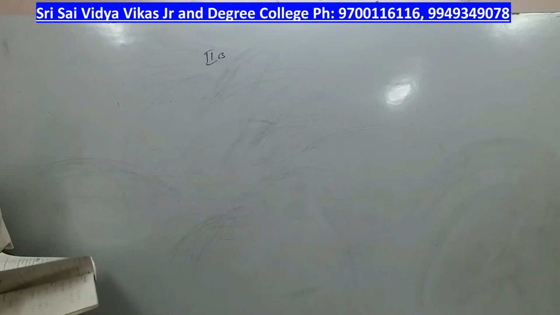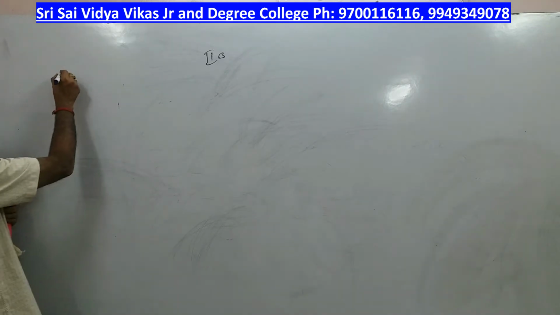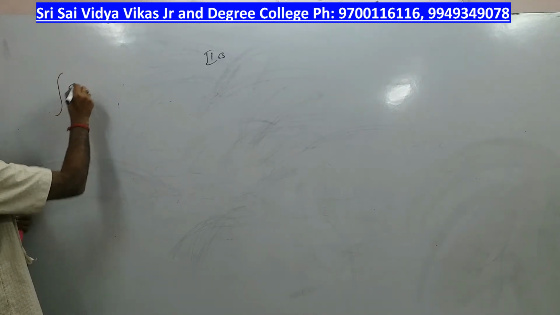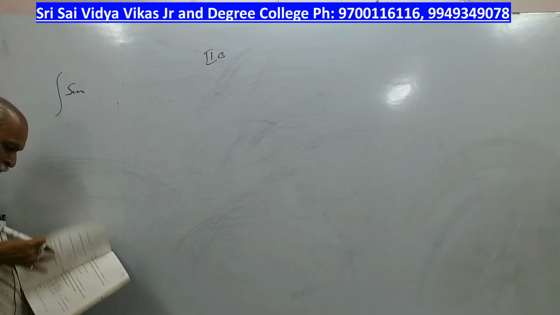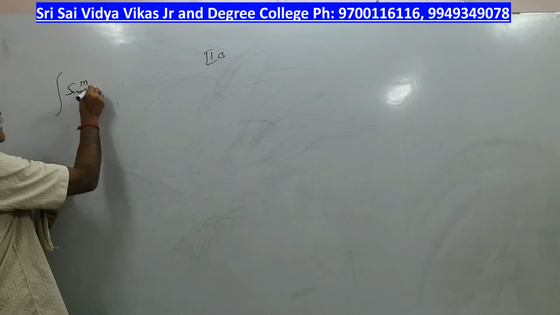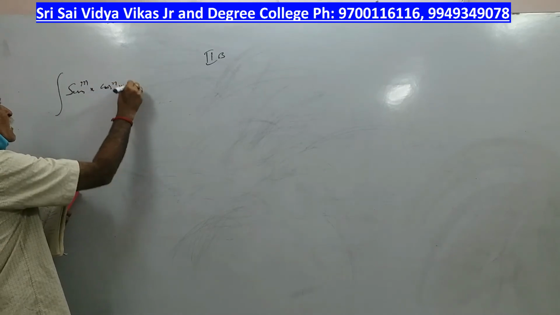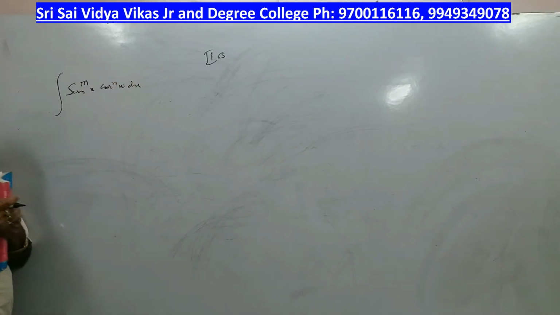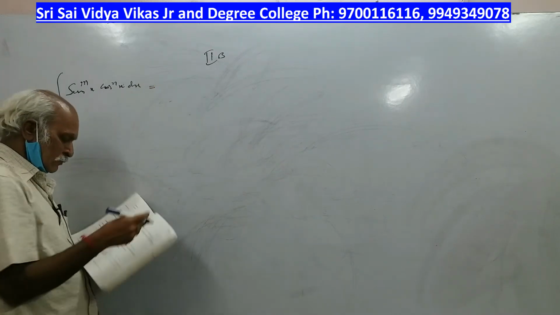When only sine is there or only cos is there, it is different. But when both of them are there, this is very, very important. Sine power m x, cos power n x dx. Both sine and cos are there. So this is very, very important. Here the integral is equal to